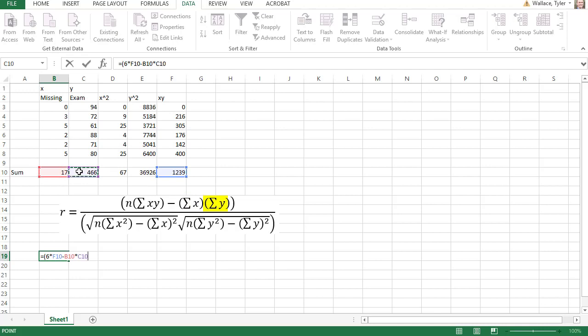Times the y sum, which is the 466, and then close the parentheses on the numerator, divided by, open a parentheses for the denominator, SQRT for square root, open a parentheses, n is the sample size, which is 6, times the sum of the x squareds, that's the 67, minus the sum of the x's, and I want to square that answer, so we'll do shift 6 for the caret, and then 2, close the parentheses on the square root,